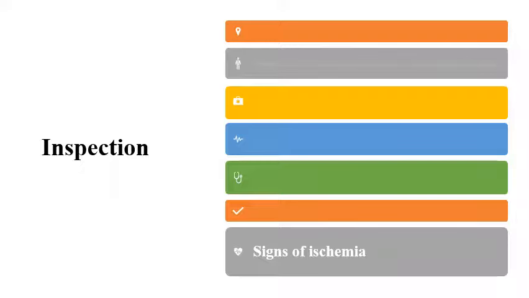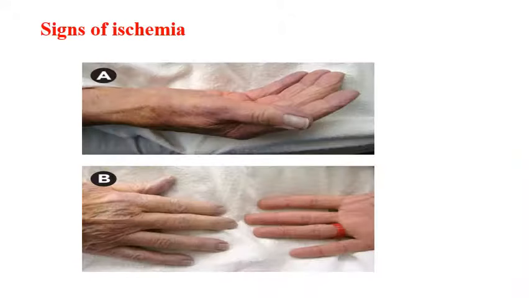At the end of the inspection, you have to see if there are signs of ischemia or not. Also, in this item, you have to compare both sides. If you look at picture A, you can see there is pallor and cyanosis of the limb, including the AV fistula. If you compare both limbs of the patient, you can find that one shows cyanosis and pallor, and the other is good, with good blood flow and good perfusion.